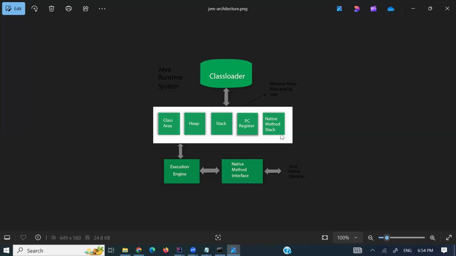Native method stack, it is the native method stack. It is non-Java code related. Okay, non-Java code related thing to store, and then it is the execution engine. That execution engine again has interpreter and JIT, right? With the help of the interpreter and JIT, it will execute that program by using JVM. Okay, and native methods and native interfaces are there. For example, native interfaces, it will load the native libraries to the JVM. For example, our native method libraries,